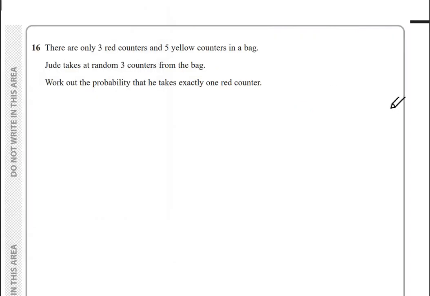There are only 3 red counters and 5 yellow counters in a bag. Jude takes at random 3 counters from the bag. Work out the probability that he takes exactly 1 red. Alright, so with these sort of questions, whenever you have a bunch of objects in a bag, and you take out 3 or you take out 5, you can either think of it as, let's say, Jude takes 3 at once, or 5 at once, or 10 at once,